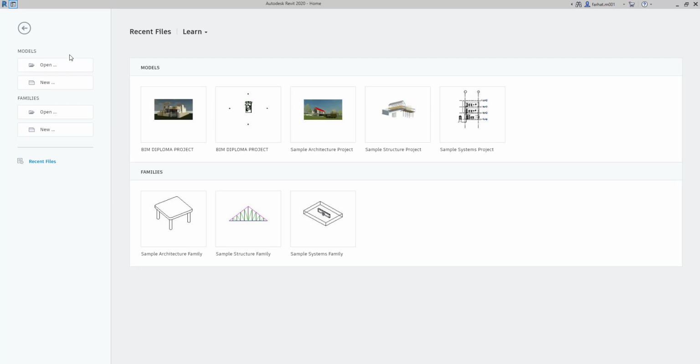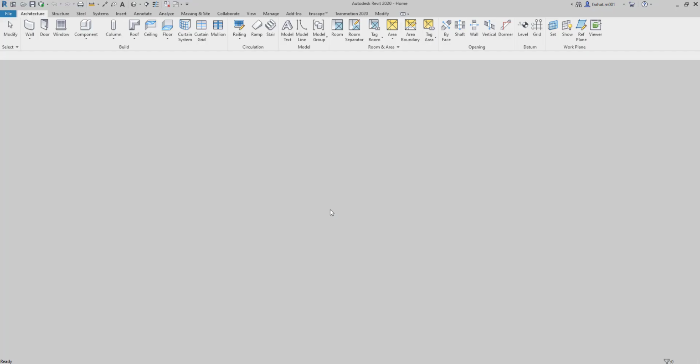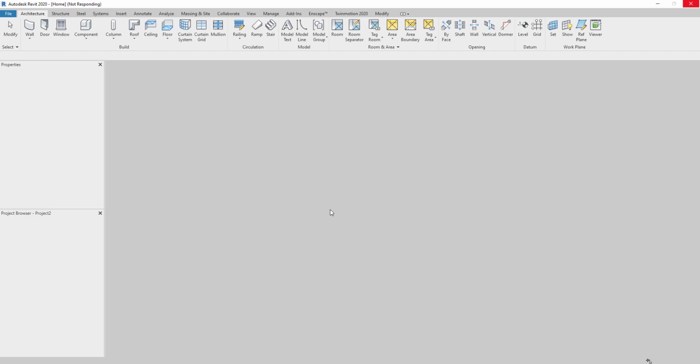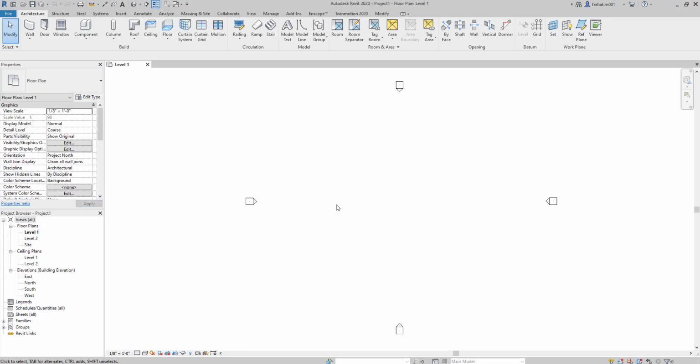So first of all, you would have to come to New, then select any template. In this case I will select the architecture template and press OK. When the Revit environment is opened, then the first step that you would have to do is go to